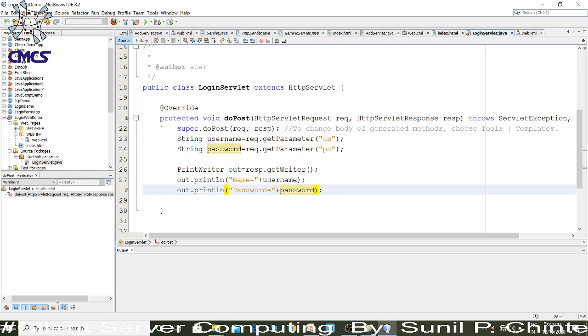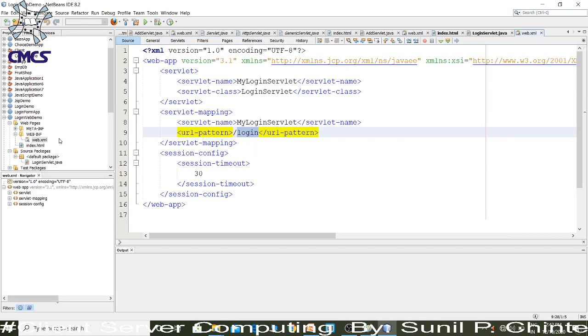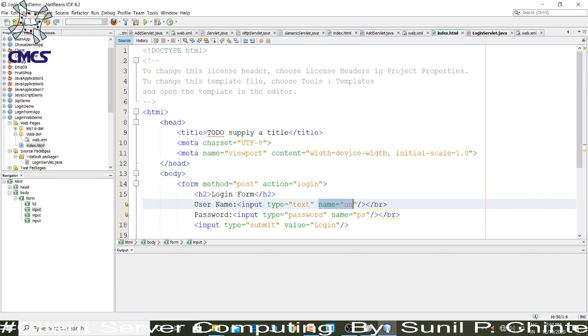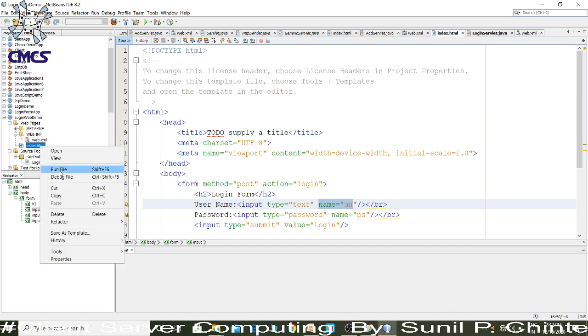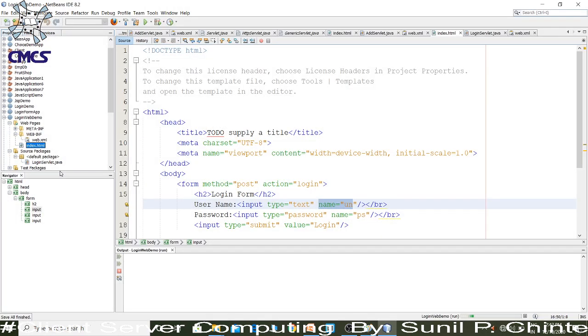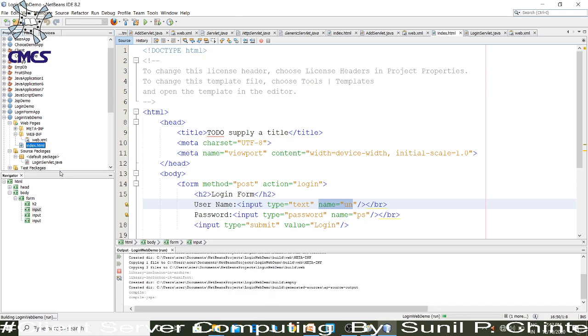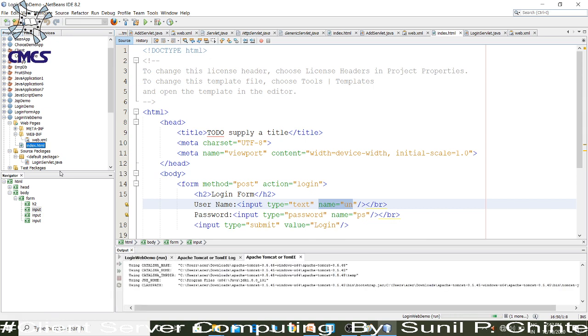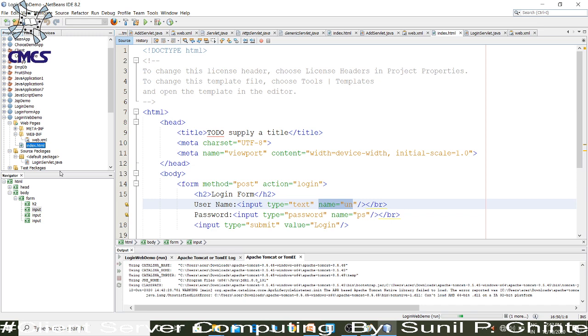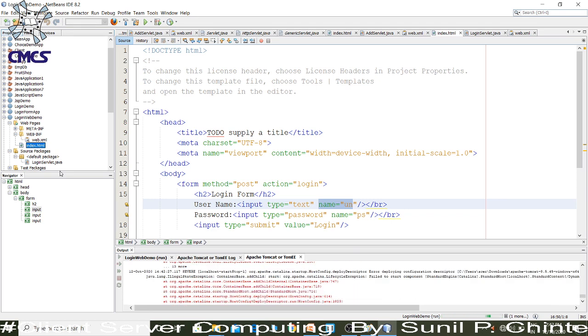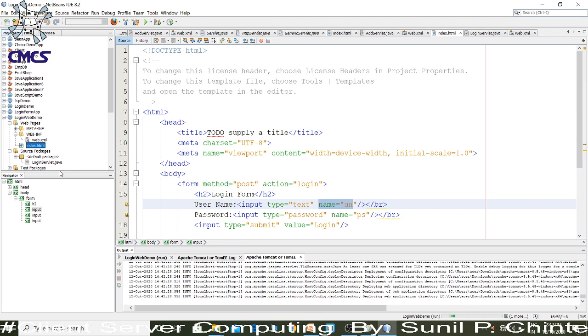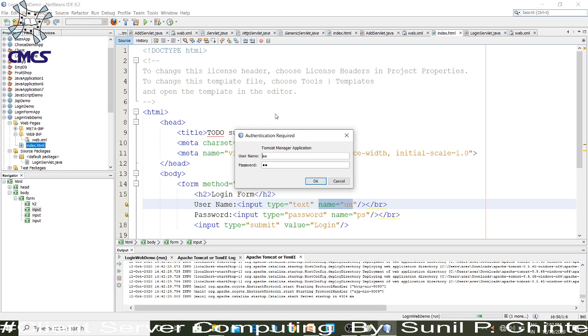Now we have to execute the files. First we have to run the HTML file. It will take some time. If everything is correct, then we will get the HTML web page.